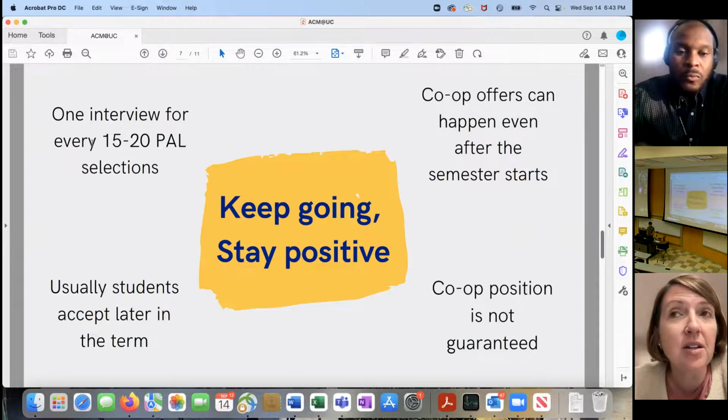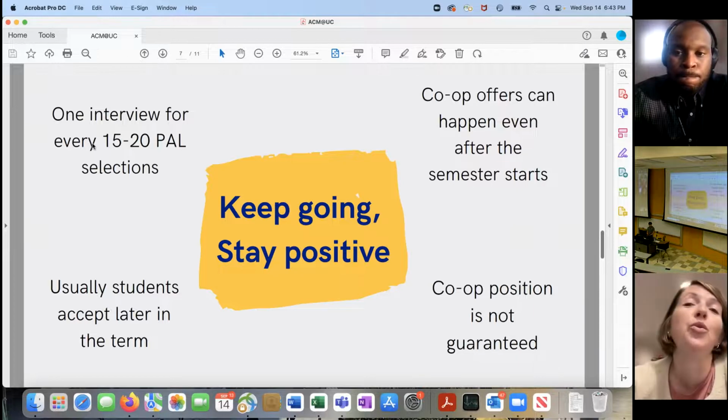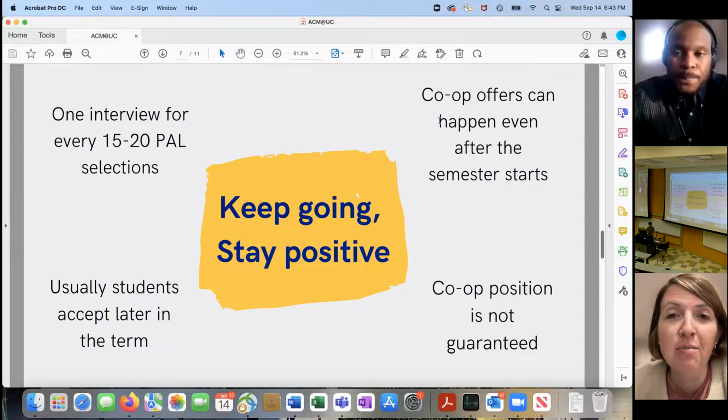But it does require a lot of work, as Professor Clark has said, and you're applying to several jobs in order to get an interview or a callback. So just keep that in mind. It might seem all for nothing, but you're doing a lot of work towards that goal of getting a co-op.